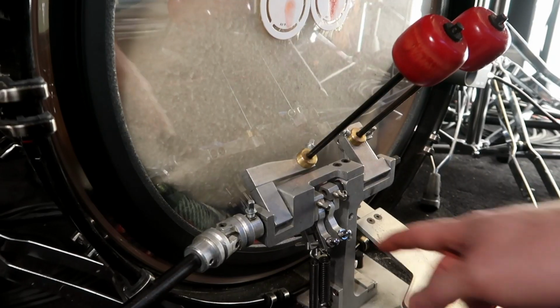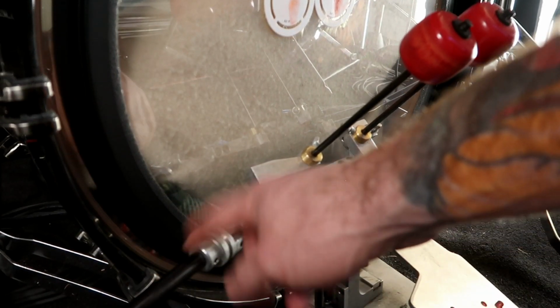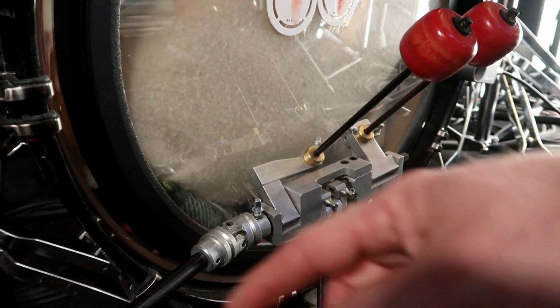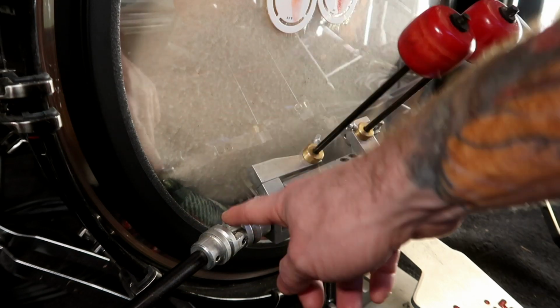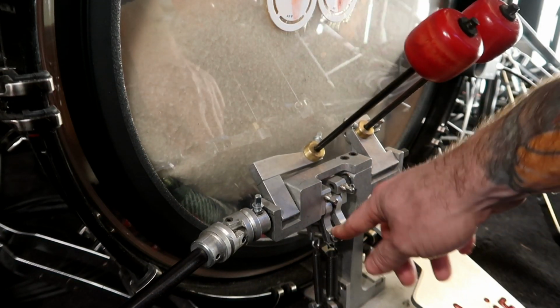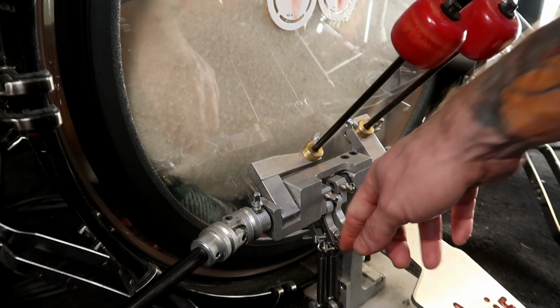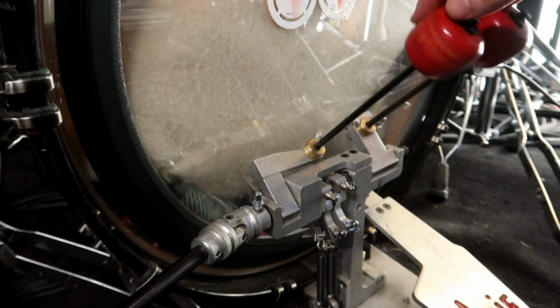Now this spring is set to a little bit over half just to compensate for the loss of power in this drive shaft. Right, you got to think from the slave pedal, the power has to go through one universal joint, through the drive shaft, through another universal joint, and then into this. So there's a little bit of lag, and that's basically what the tension on this spring is going to help alleviate. That's a little bit higher than normal, but it really helps,